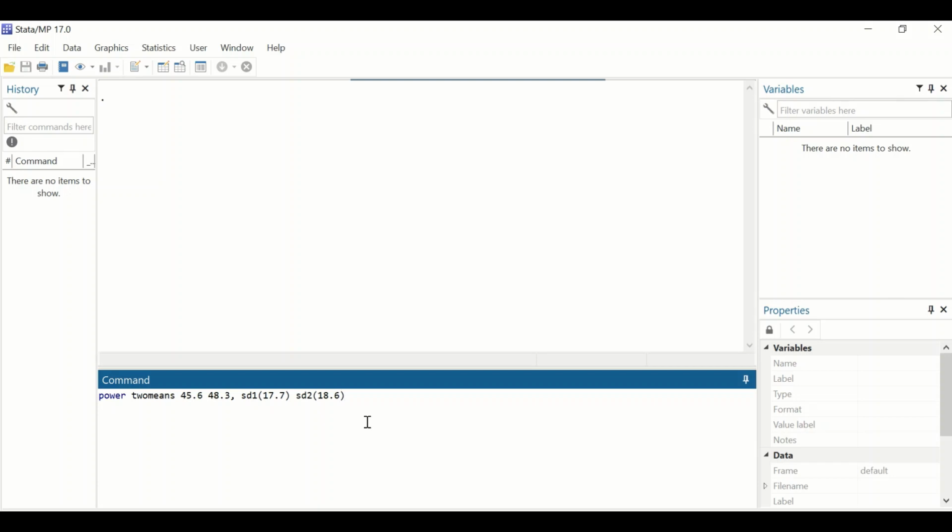So here we have two groups. The first mean is 45.6 and the second mean is 48.3, and the standard deviation for the first group is 17.7 and for the second group is 18.6, and then space, and then insert the number of the